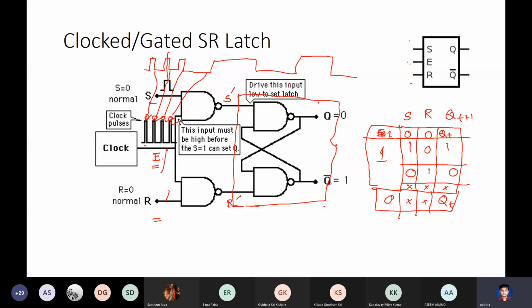What we say is that this clock, the train of pulses that we have, is common across all these different latches. These are shared. So all these latches see the enable input at exactly the same time. Exactly means subject to the delay of a single NAND gate, a small nanosecond kind of delay. But except for that small delay,